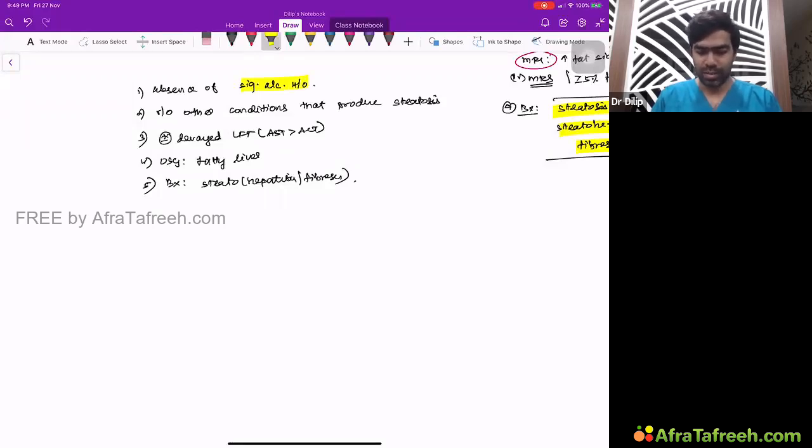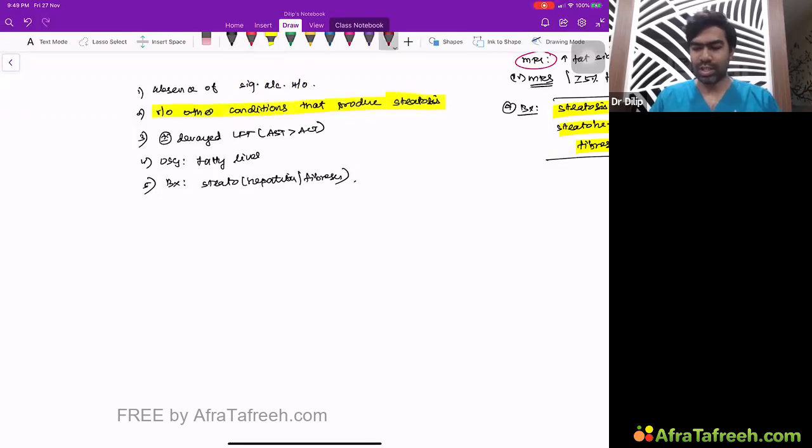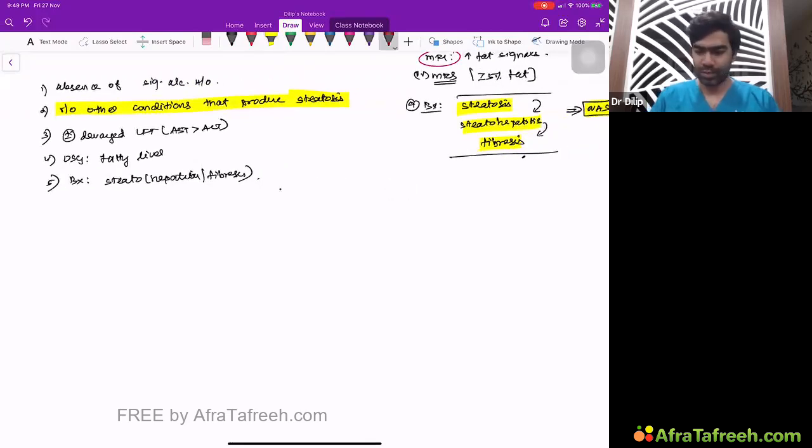That's fine. But you also have to rule out other conditions that produce steatosis. What are the other conditions that typically produce steatosis? Very important in our country to rule out hepatitis C virus, especially genotype 3. I've told you multiple times in the past, genotype 3, which is a very common genotype of hepatitis C virus in India, is very well known to produce significant steatosis. And you have to rule out Wilson disease. Wilson disease also can cause steatosis.